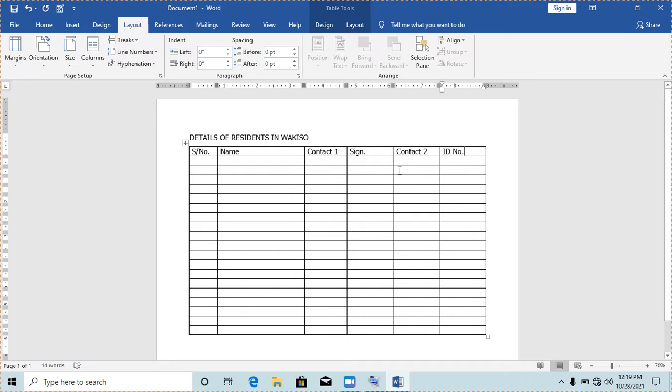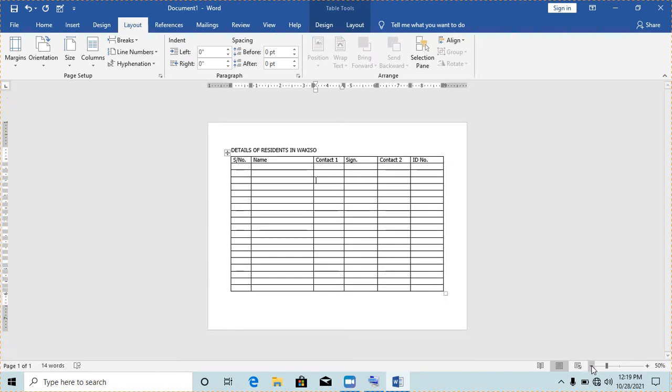So you find that if we were to add these details, our page in portrait orientation wouldn't be enough. So that's why we chose to switch to landscape mode. So that's briefly basically about